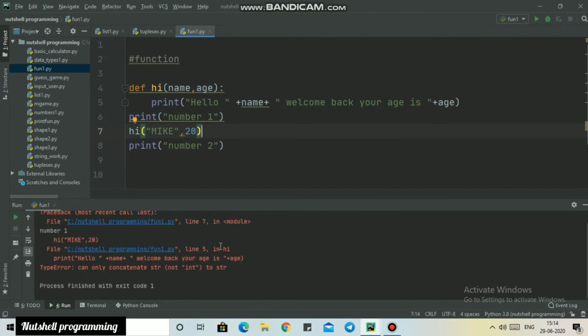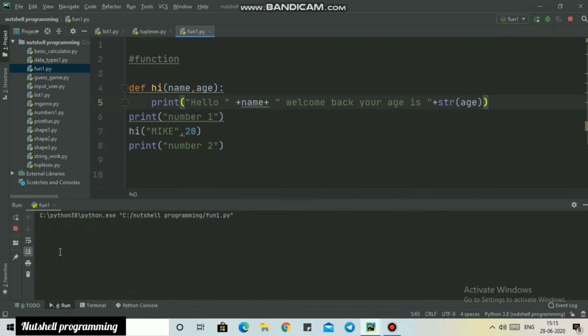Okay, there is an error, which is a str error. So yeah, I have made a mistake, which is this. I'll write str here for age. So our age is now a string value. I wrote 20 here, which was an integer value, so I forgot the double quotation, so I'll convert it into a string.